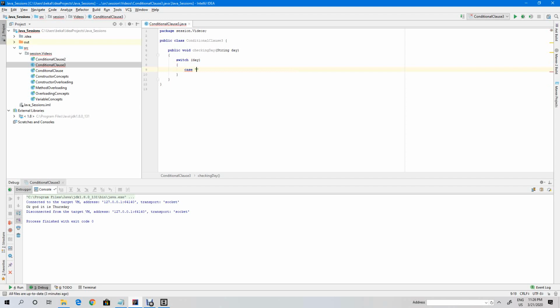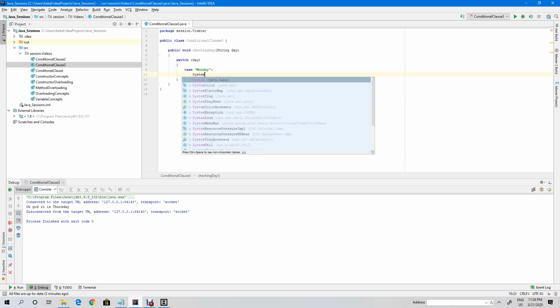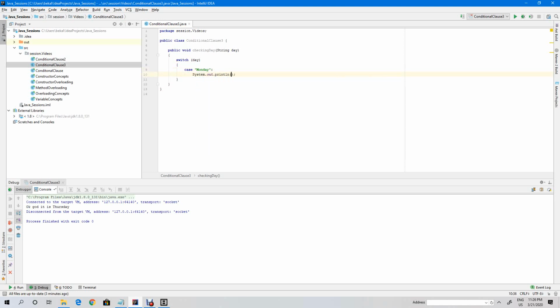Case the string is Monday. The syntax is a colon, then I have to give system.out.println. Just for fun, I'm saying, oh God, it is Monday. And you have to break the statement.